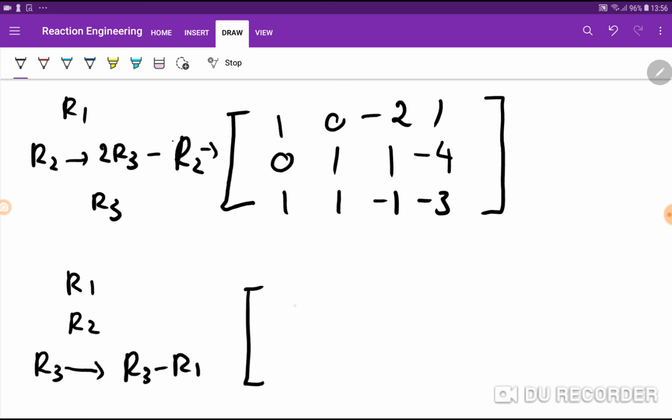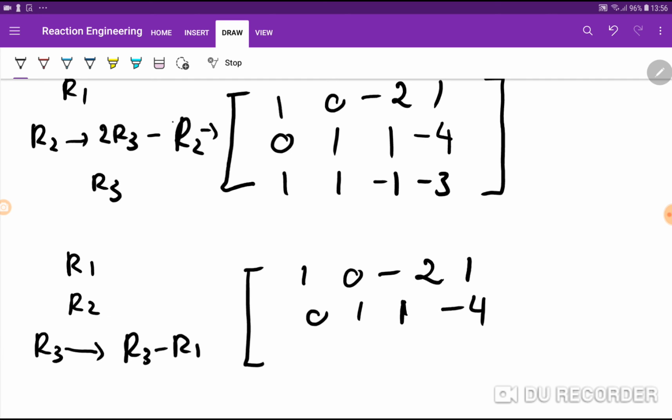Because 1 minus 1 is 0. I saw it, I knew it, right? Okay, I'm gonna rewrite everything because we didn't do anything, so we just keep rewriting it. So R3 minus R1: 1 minus 1 is 0, 1 minus 0 is 1, negative 1 plus negative 1